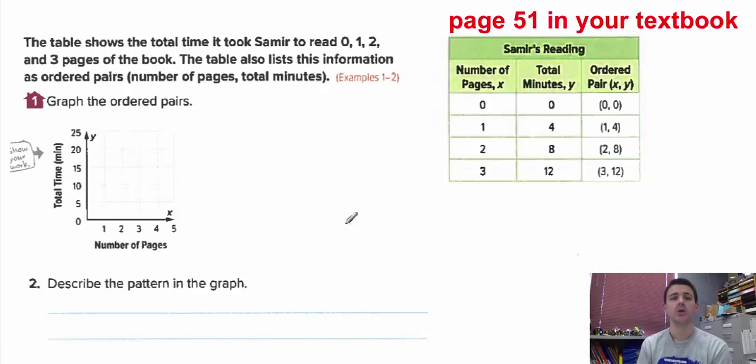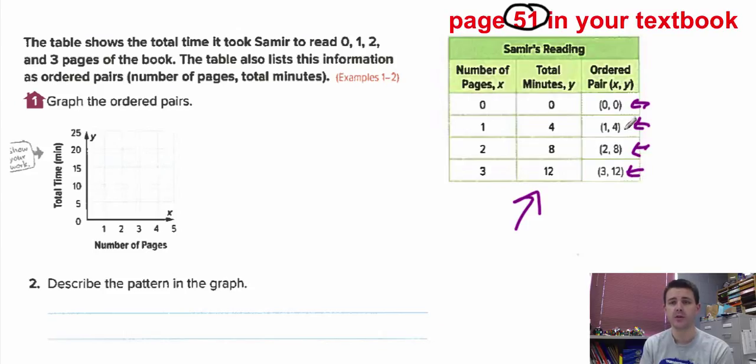So now flip to the next page, page 51. So we're going to go ahead and do a similar problem. This time, we already plotted all the data, or we already gave you all the data. It's just our job to go ahead and put it in our graph. So we're just going to plot each of our ordered pairs and then see what we can find from the